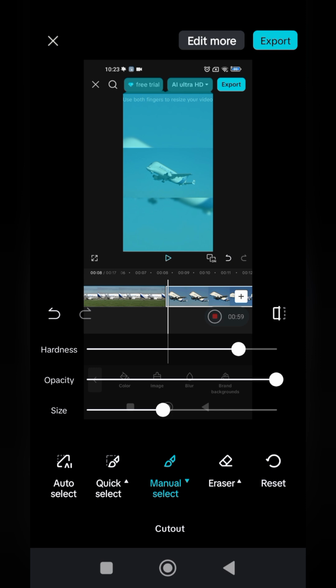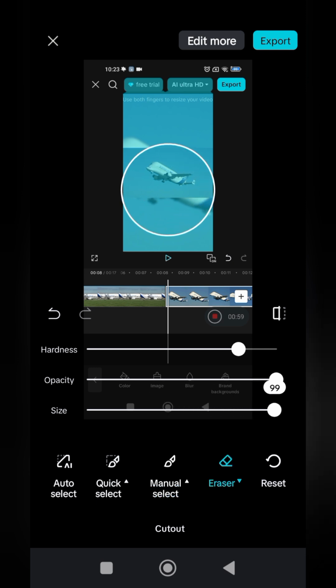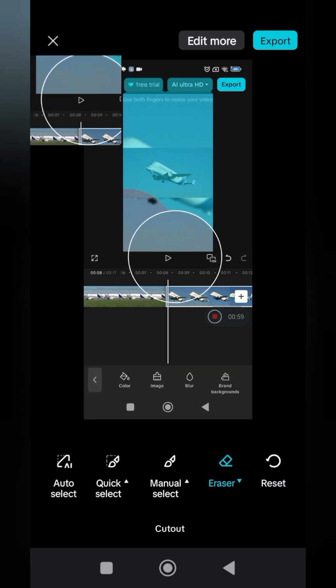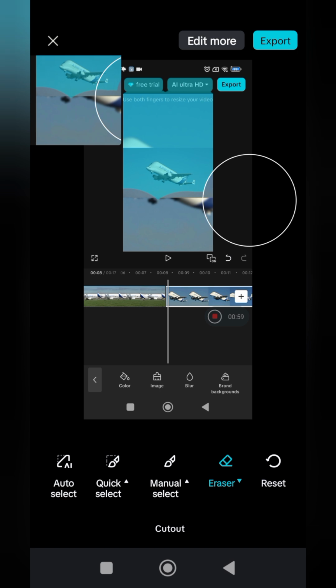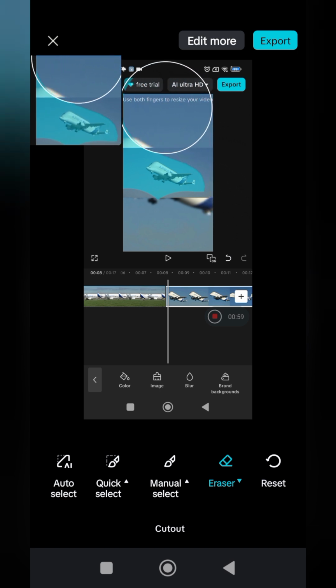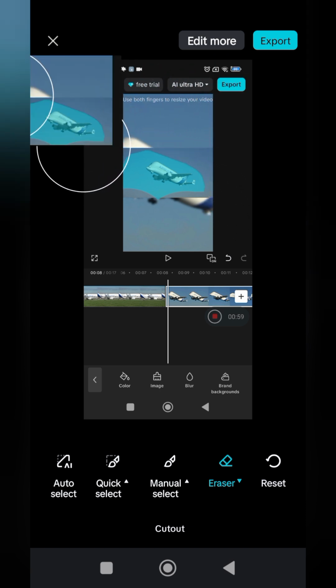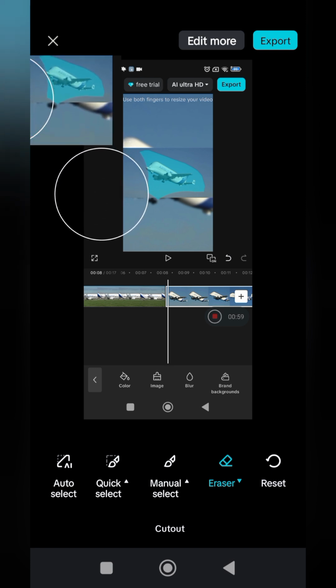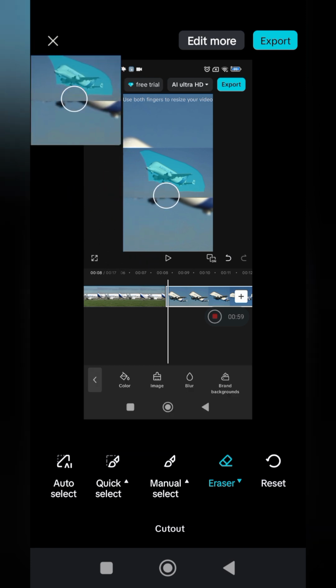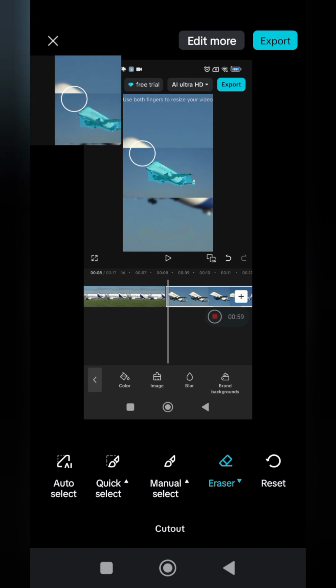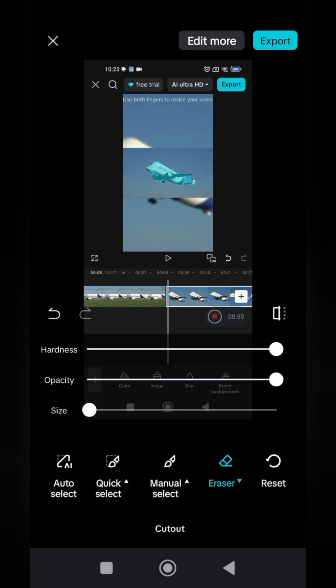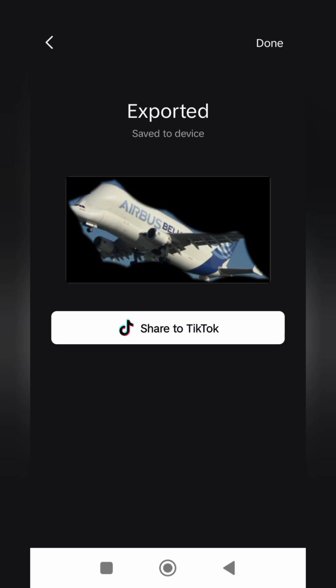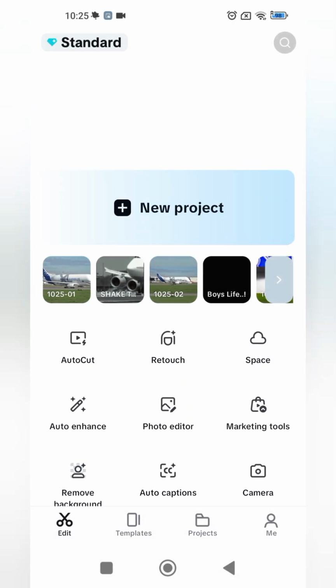it would pretty well remove the background and you just have to go into export. But sometimes if it can't recognize the image, which is pretty rarely, you'd have to do it yourself, which is a bit harder, but still works. Normally it would do it perfectly though, where you don't have to do anything. And then once you're done with it, you just go into export, and then you'd have to go back into